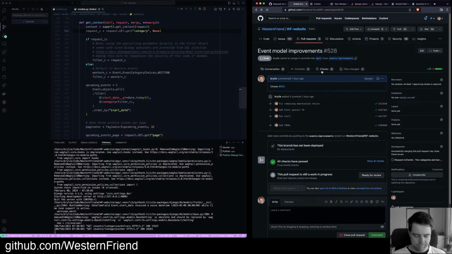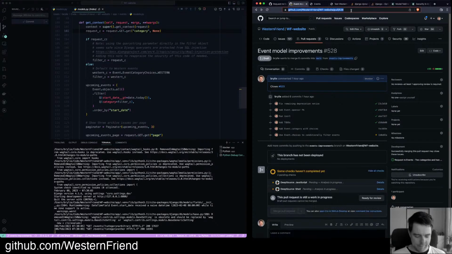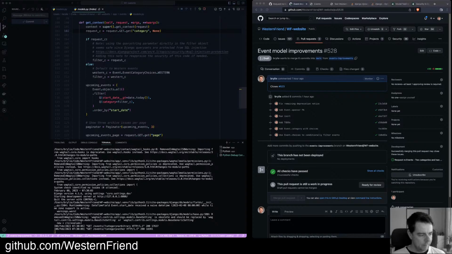So again, these changes are visible on GitHub, pull request 528. This has been a bit of a tricky solution, but I think we're doing all right. How do I send that? Just enter? No. There we go. Not a lot of big changes. I guess around 100 lines of delta, but